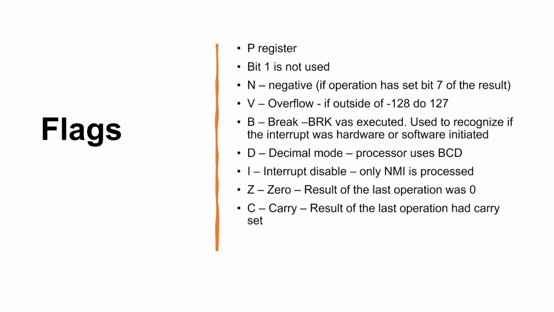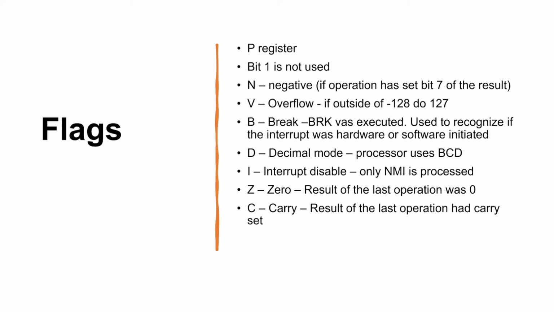For example, there is an overflow bit that has a meaning of telling you if the overflow occurred, or to be more precise, if the operation that was last performed went outside of the span for the 7-bit numbers. There is a bit called negative that provides you with the information: is the number currently in the accumulator positive or negative? And this usually is used when we need to test for a number being negative after an operation that we